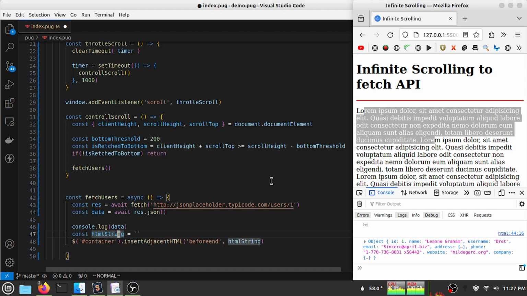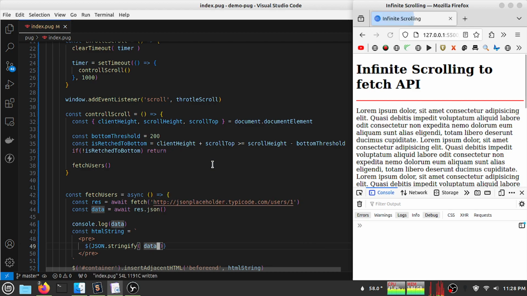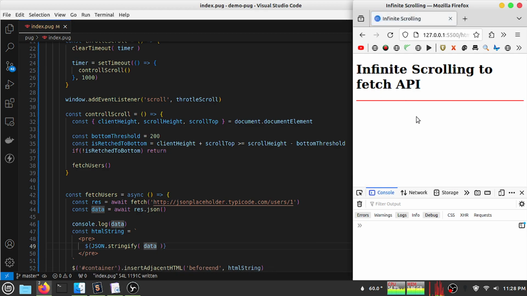Now in this HTML string we will pass our data as a string. For now our data is in JSON format, so it will not show in the DOM. So I have to convert this to a string. For that, within the pre tag it will be data, actually JSON.stringify data. If I save my file, refresh the page,